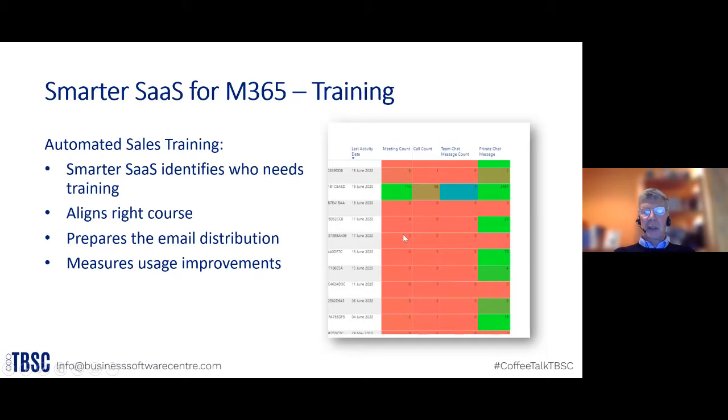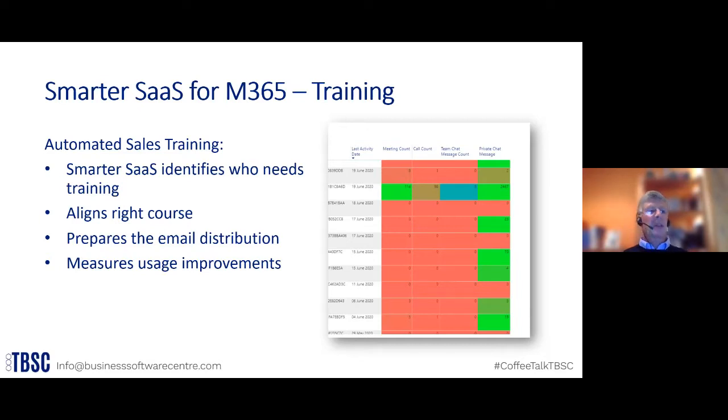It's a fairly simple process to click and pull out details of all the users who are not using particular capabilities or apps within 365, then take those email addresses, prepare an email distribution, and send out the link to those individuals.